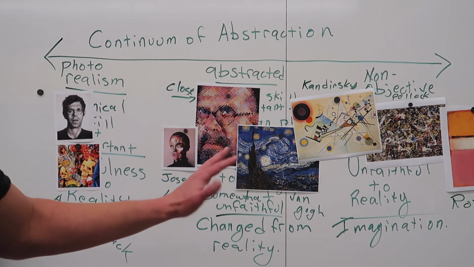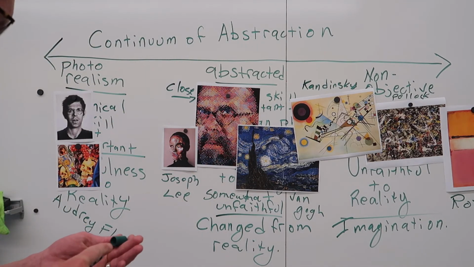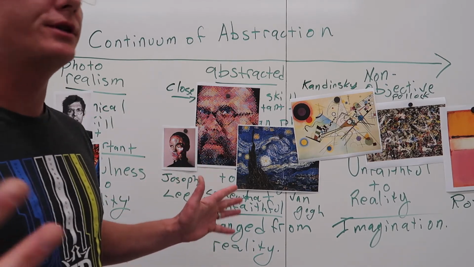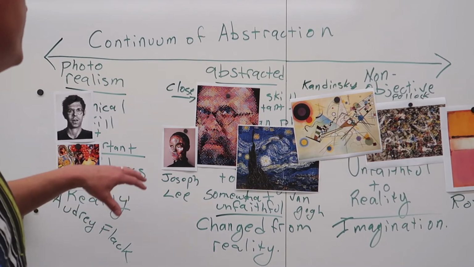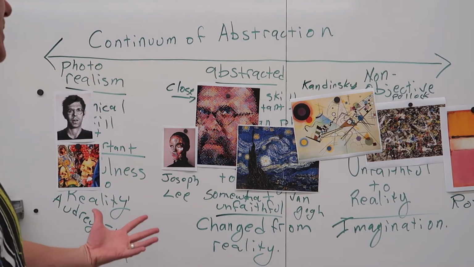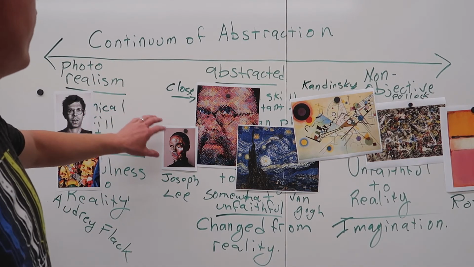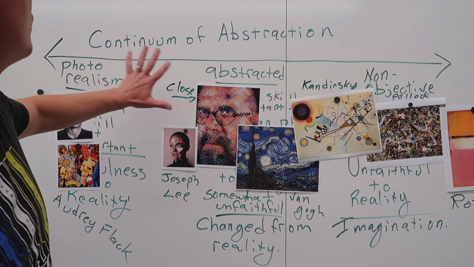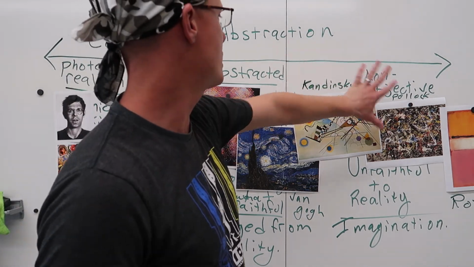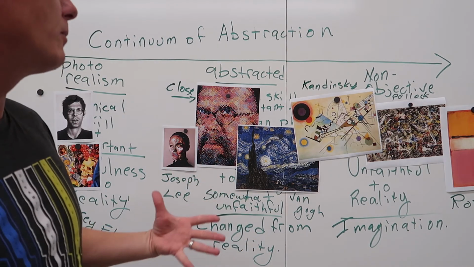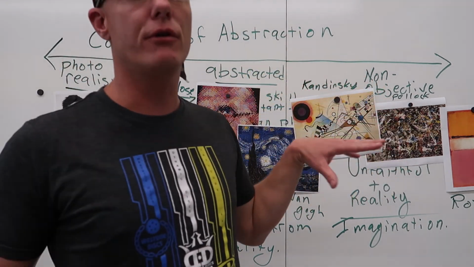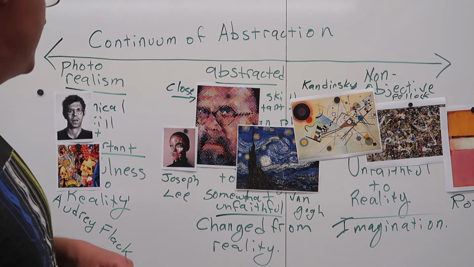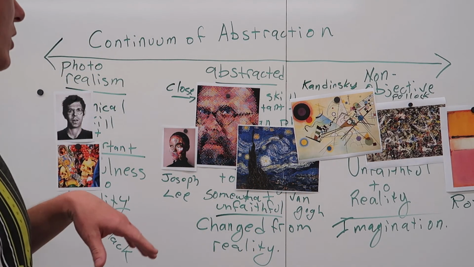So identify the artist that you found with their name, and then what I'm really interested in is an explanation as to why you have decided to choose the artist that you did and the painting that you did for the two that are between photorealism and abstracted and non-objective. I want you to talk a little bit about why you placed those there. The others I'm not so concerned with, because you'll find good examples of those all over. Just like when I was talking about with Joseph Lee's work, how we can